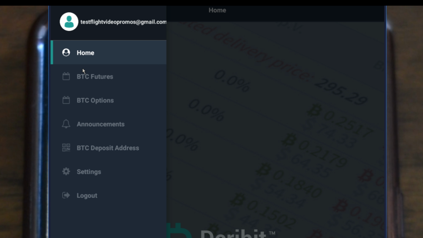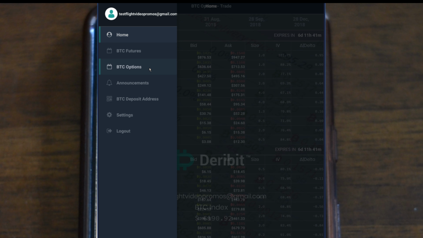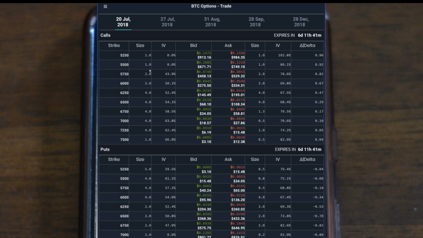Most appealing of Deribit and a major draw is the ability to trade Bitcoin options via the mobile app. These are available via the drop-down menu in the top left of the screen and the third row. You can buy put options, which are options that allow you to sell the contract at a specific price in the future. Generally, you would buy these if you were bearish on the underlying asset, or call options, which are options that allow you to buy the asset at a specific price in the future, typically if you are bullish on the underlying asset. And both these are available with strike and expirations on 5 different dates selectable above, like